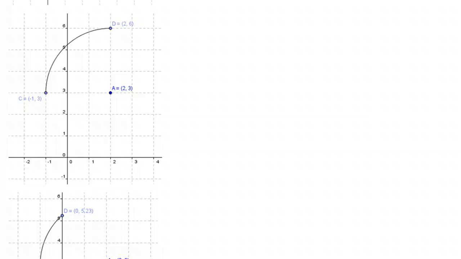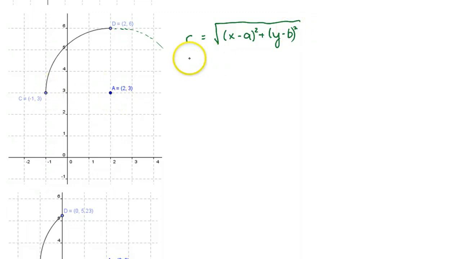So here we have a quarter of a circle. Okay, so this is the center. So again, we can do the same processes with the line. If I imagine extending this, I'm going to get a semicircle in the top half. So we know the semicircle is r equals the square root of x minus a squared plus y minus b squared. So in this case, r is 3. I can read that right off. So 3 is equal to the square root of x minus a, and a is 2 squared plus y minus